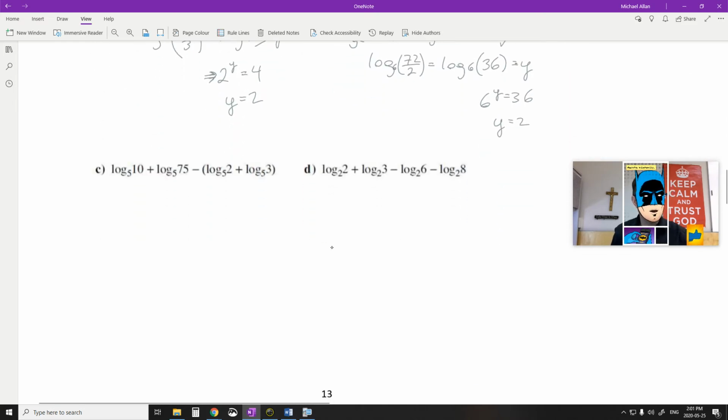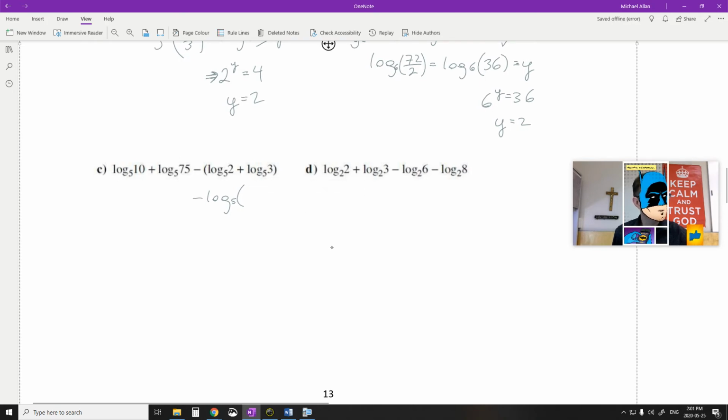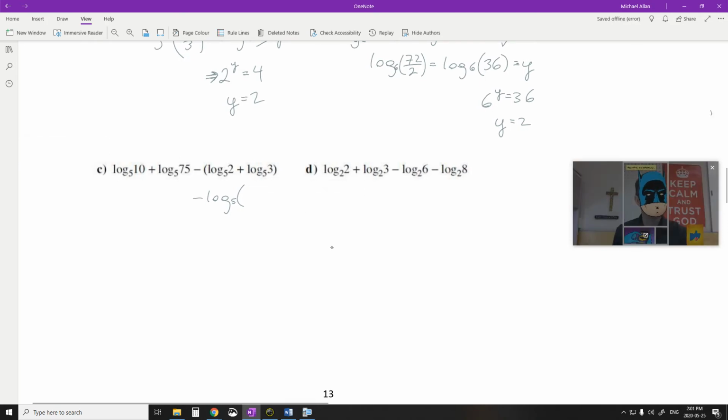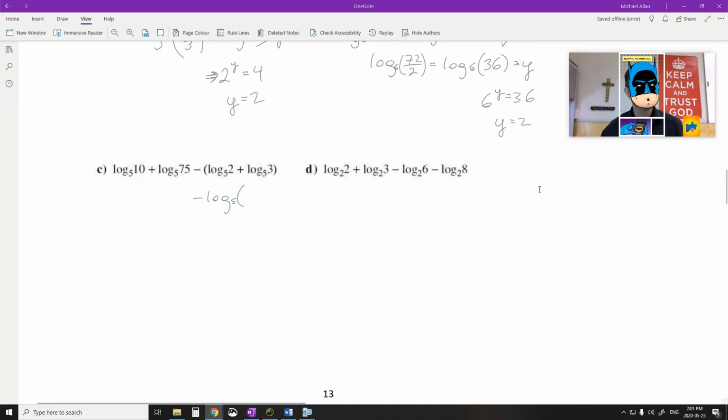Okay, so just like any order of operations, you could do your brackets first, your parentheses. So I'm going to do my parentheses here. So it's log base 5 of 6. Okay. So remember when you do this, you multiply. So I'm just going to actually write that out there for you. I'm going to move this up here. Okay. So this is 2 times 3. So this is minus a log